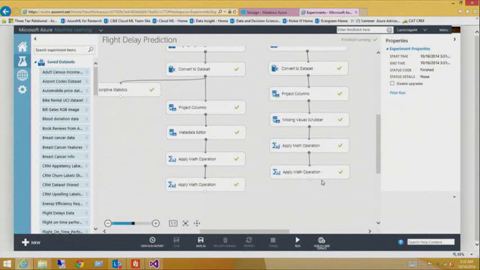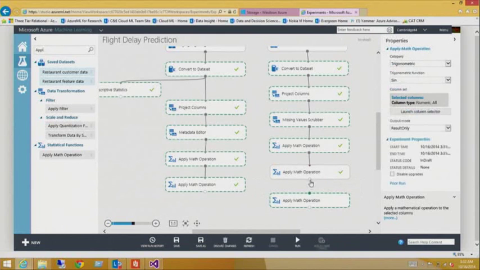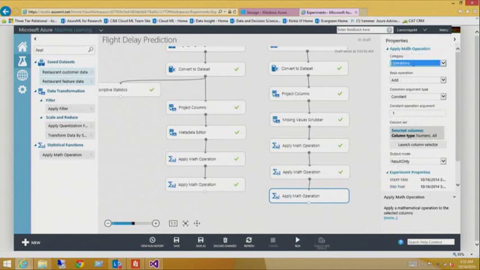So now to adjust the time from UTC to local time, we're going to take advantage of that time zone field. And we'll do another apply operation, but this time what we'll do is a subtraction. I guess you could do an add as well. We'll select the operations, and we'll use a basic operation. We'll do a subtract. Select, and